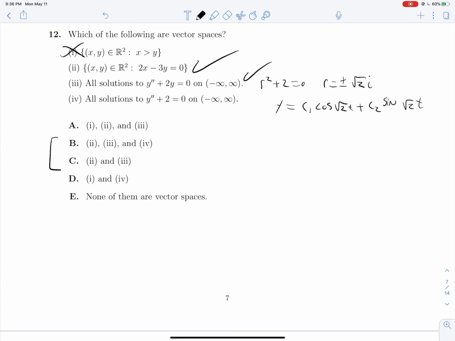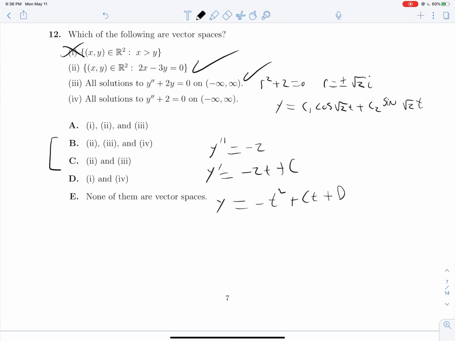So let's solve number 4 here. We can rewrite this as y double prime is equal to -2, so y prime is equal to -2t plus c, and then y is equal to -t squared plus ct plus d. Okay, well, there are immediate